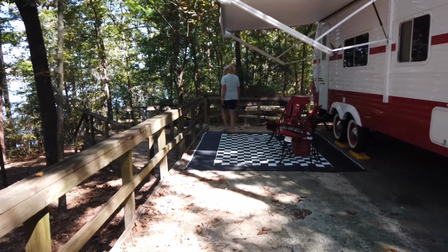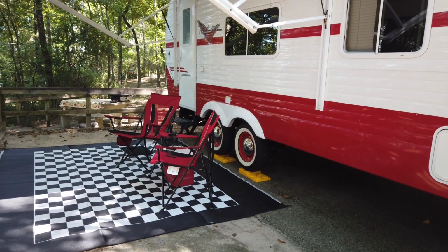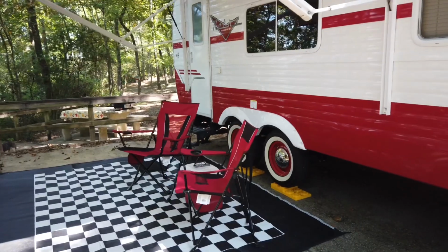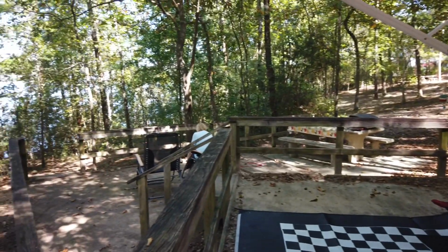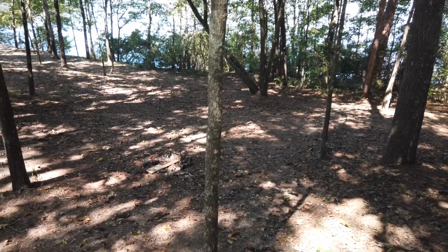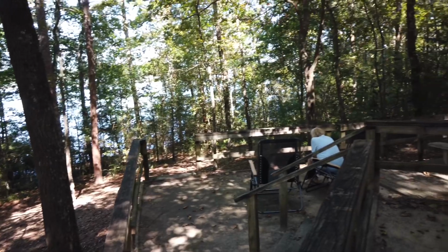There's my beautiful wife doing stuff. You'll notice I have the leveling blocks out. The site itself isn't too level. It's not bad back to front, but side to side, I probably could have gone 3 blocks high, but after we got set up, I didn't feel like doing it again. It's a pretty nice view. The spot down there you see is where somebody started a fire. There is no fire ring, and we didn't have one. We didn't put one together. It's a little bit of an angle where that is,